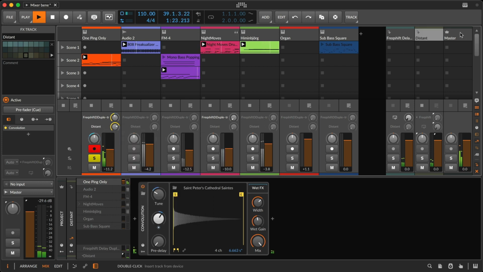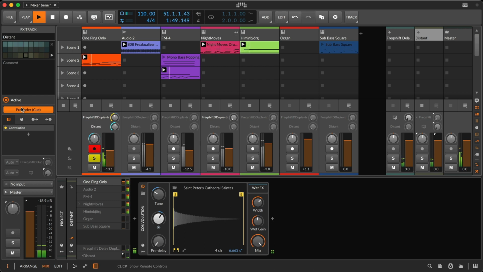Now, I've got two choices. I've got this one selected. I could switch it over to say, your default behavior is now pre-fader. Now, even if I bring the gain down, the reverb effect will still get plenty of signal, or however much I've set here. So now I have an independent control if I want to sprinkle things that way.